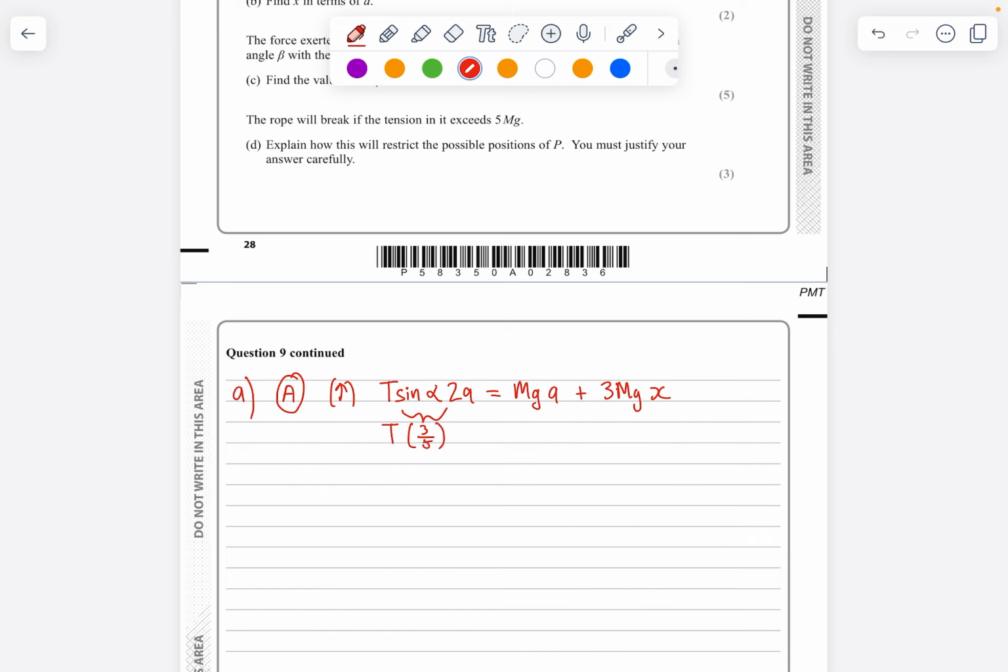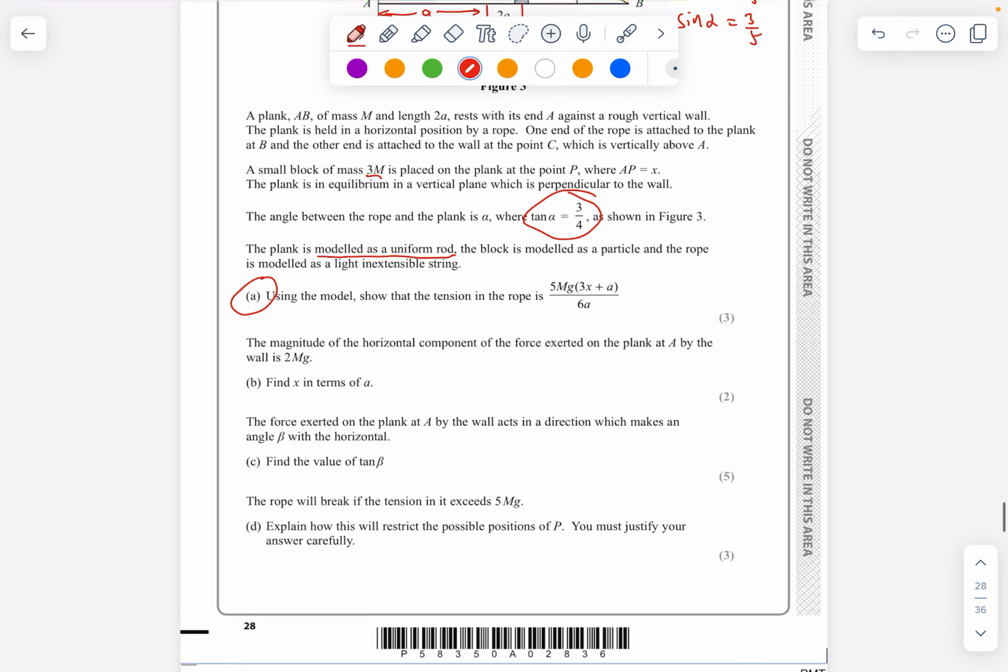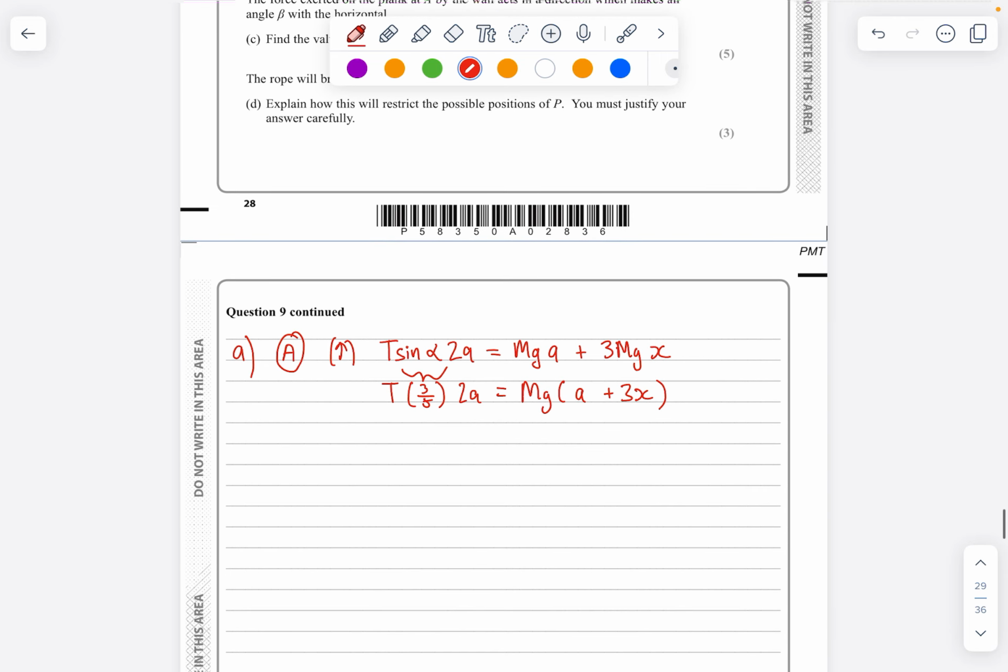which is 3/5, and that's multiplying 2a, and I'm going to factorise mg out of the other side, so I've got a plus 3x. We can see that's already starting to look like the thing that we want. Now I'm just going to divide by the things that are multiplying T to get my T value. On this side I've got mg, and I'm going to reverse these two because they're added, so it makes no difference of the order I put them in: 3x plus a, and I'm going to divide that all by